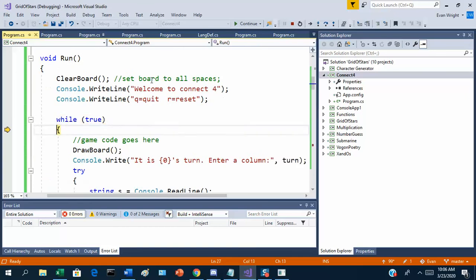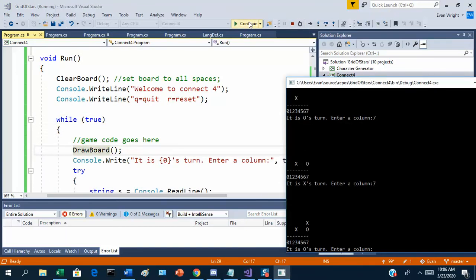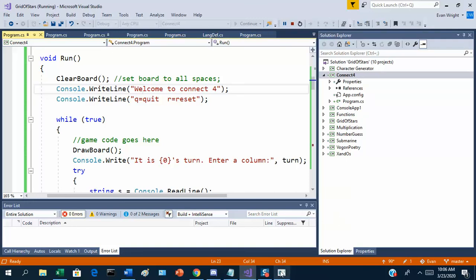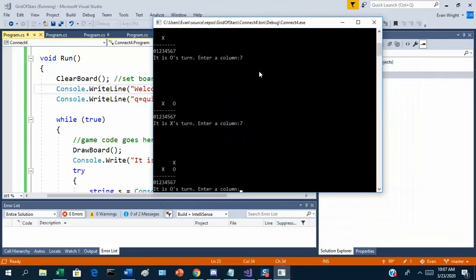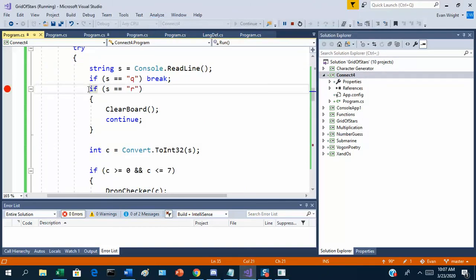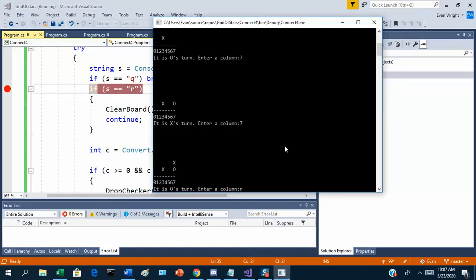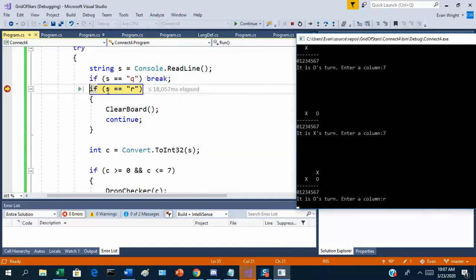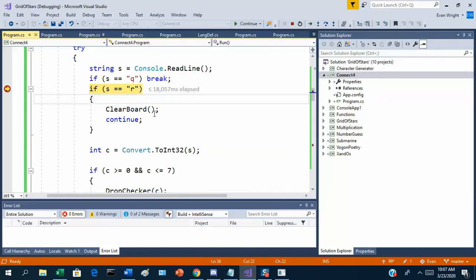And we come around again, and draw the board. And you can see now that I've placed a checker there. So let's just also test out that our quit and reset function works. So let me enter R and see what happens here. Okay, so now you see our program stopped on that breakpoint. Is our string that the player typed in equal to an R? Yes. So we're going to clear the board